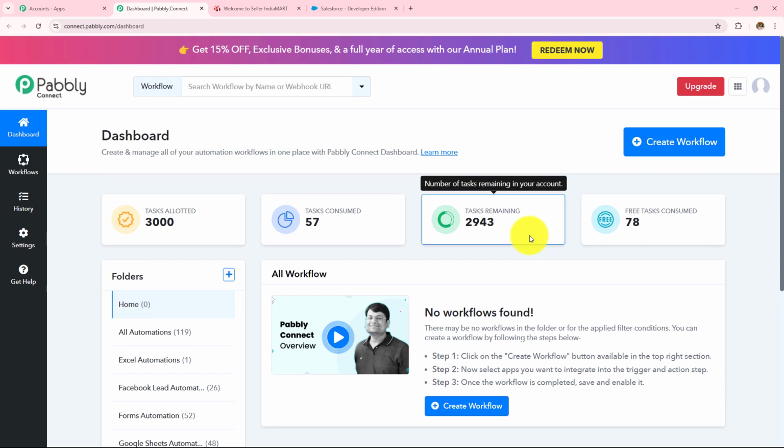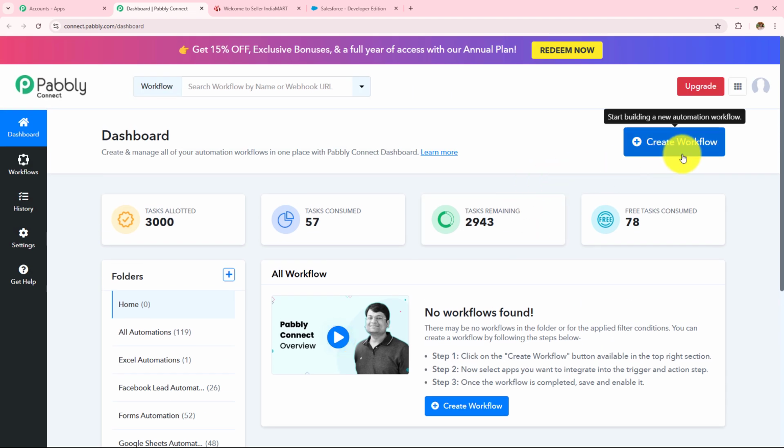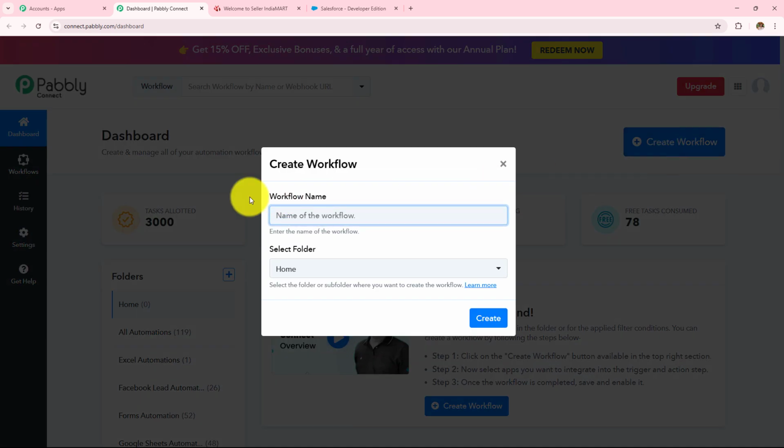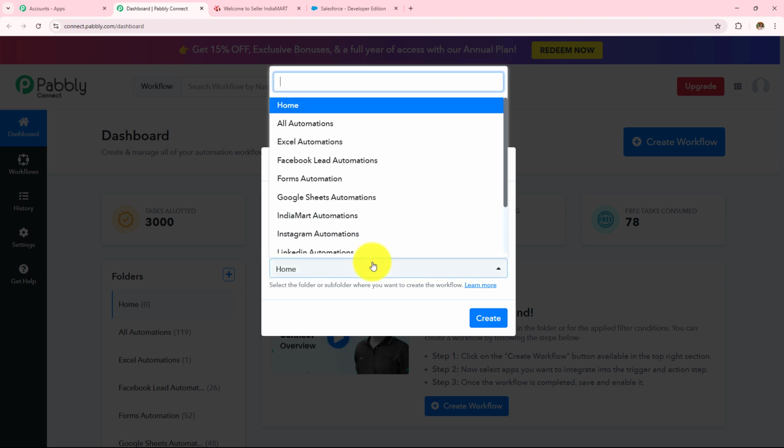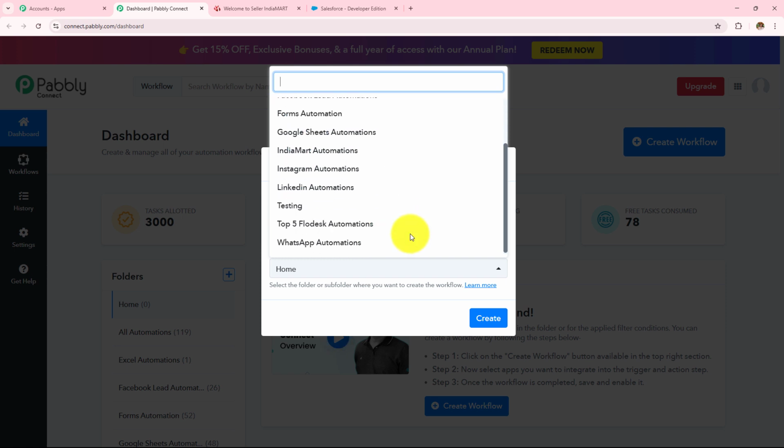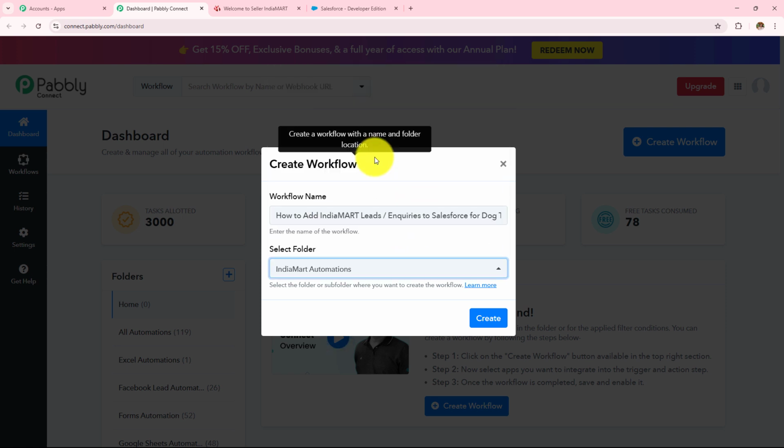For now, I want to create a new workflow, for which I need to click on this create workflow button, and first I need to provide the workflow name, and then I have to select the folder in which I want to save that workflow. So first let's name this workflow as how to add IndiaMART leads and inquiries to Salesforce for dog training service, and now I need to select my folder. So these are the folders that have been created, and here I am going to select this IndiaMART automations and